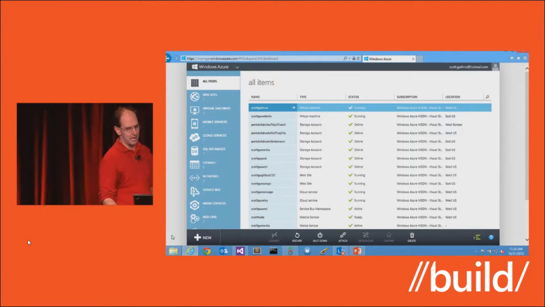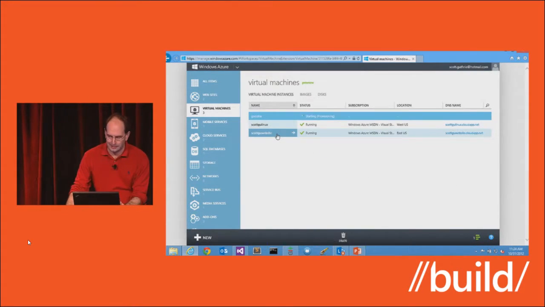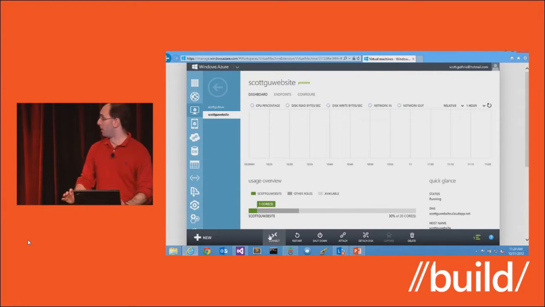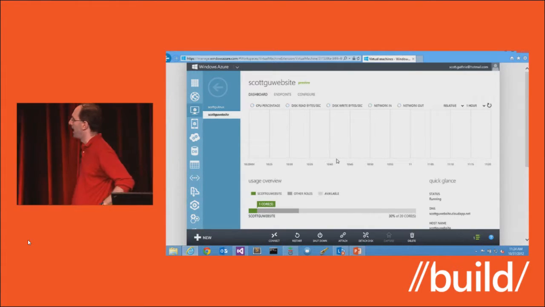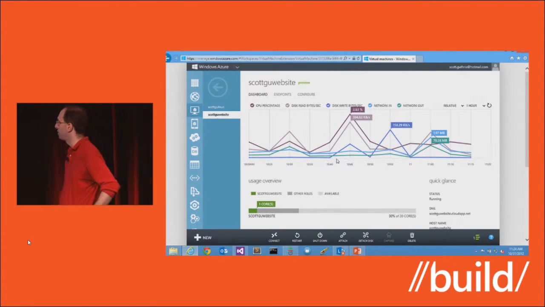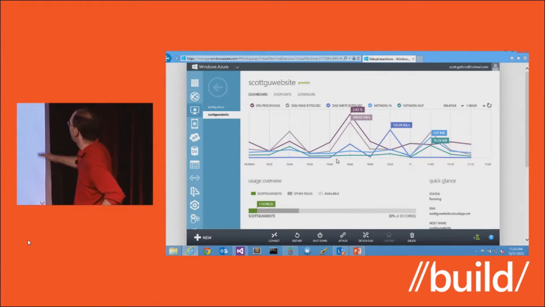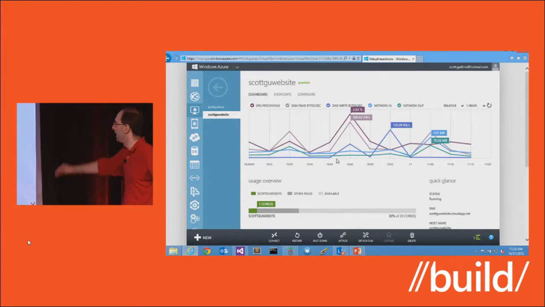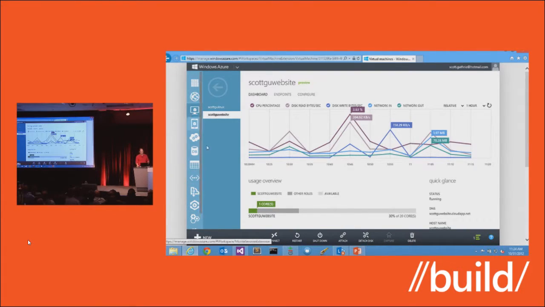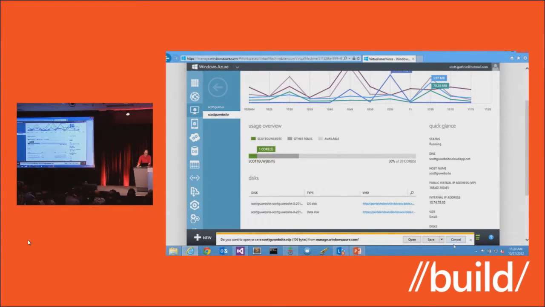And so just to give you an example of one virtual machine that I actually use. I have a blog, and it's actually running right now in a virtual machine on Windows Azure. So if I drill into it here, this is one I created earlier. You can see a bunch of statistics in terms of how much traffic. I'm doing 70 megabytes per second, apparently, running on that VM. You can notice here how many cores I'm using in my subscription. And if I want to, I can go ahead and connect to it.